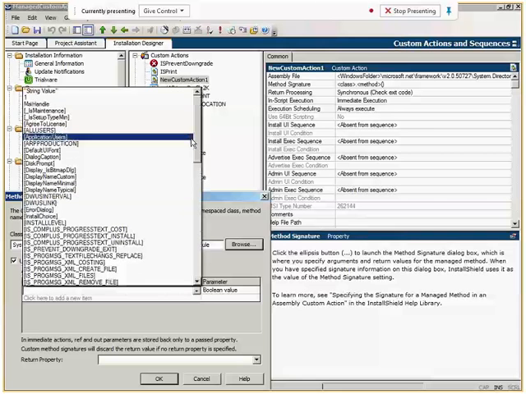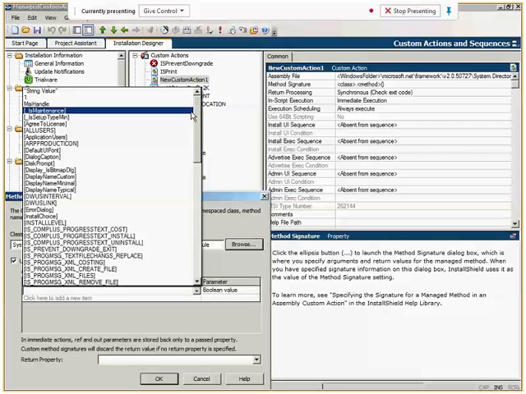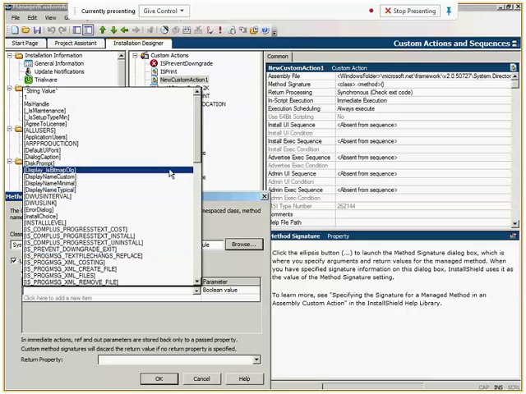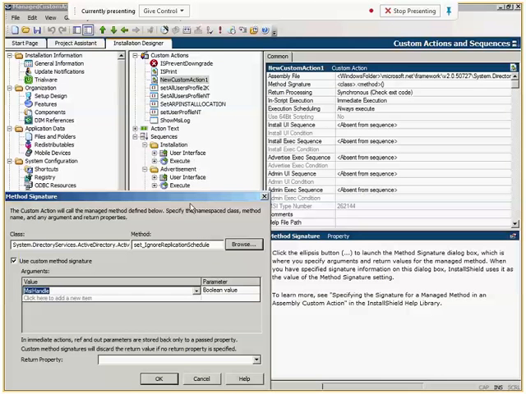This is pretty straightforward in calling methods, but there are a couple of special things that we have. Aside from MSI properties, we also have this MSI handle, or a literal value of 1. The MSI handle is what I want to focus the most on here. So obviously this method is not prepared to take the handle to the MSI. But what's special about this is that the MSI handle, as probably most of you are aware, is what allows us to call into all of the Windows Installer APIs. Pretty much the vast majority of the Windows Installer APIs that interact with the installer need this MSI handle, and that's why this is a special parameter that we can pass through. So as you might expect,